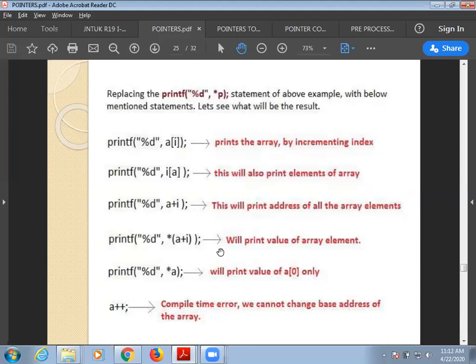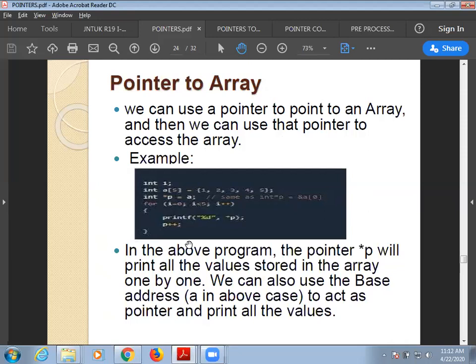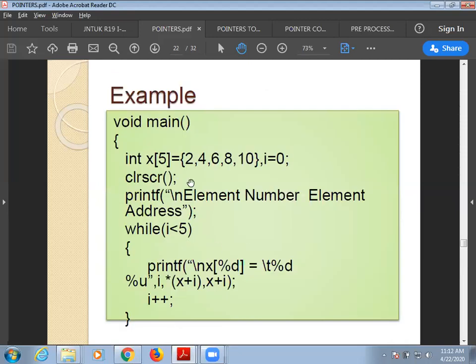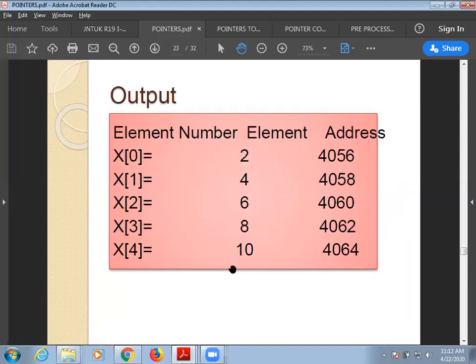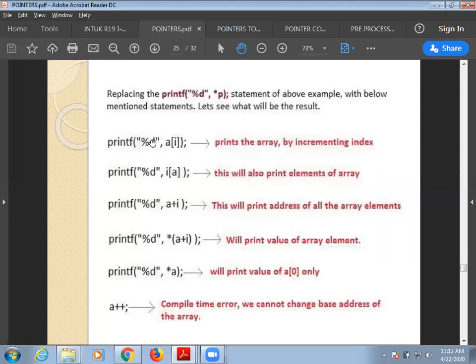Star a plus i means it will print that particular a plus i. a plus i means base address plus 0, base address plus 1, base address plus 2. As I showed you in the previous example, same thing. You can print all the elements in this manner and their addresses. You can use any of these statements to print your particular values.